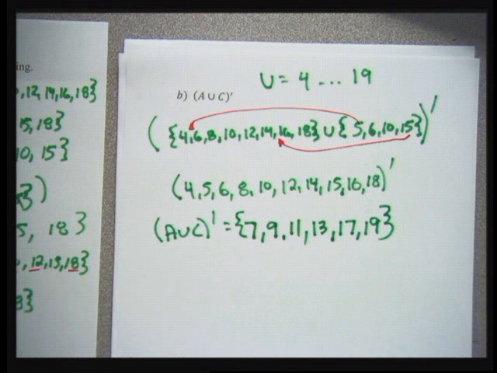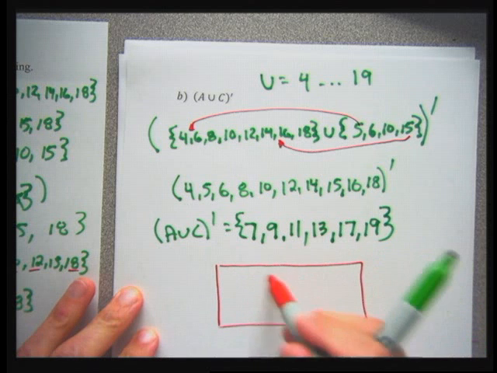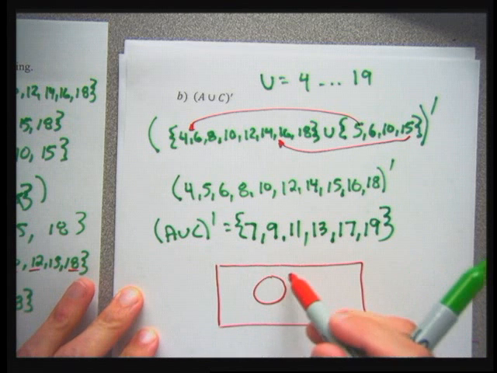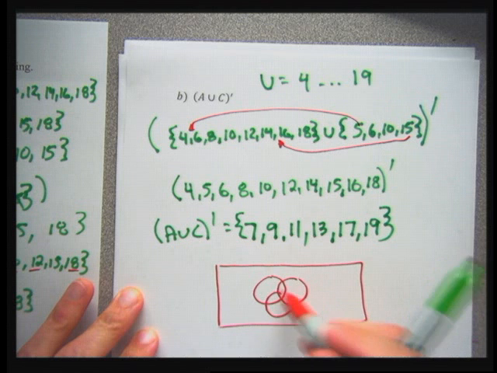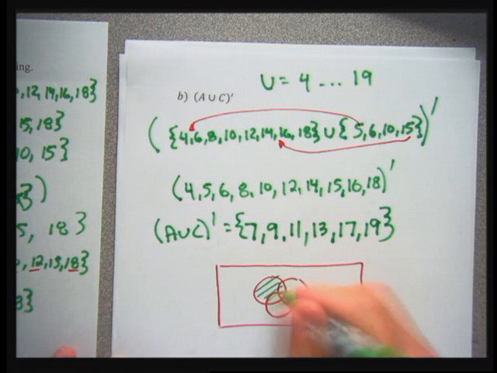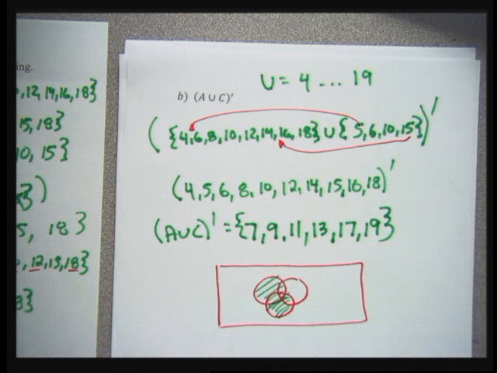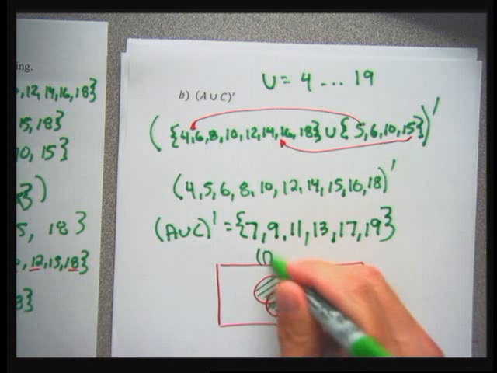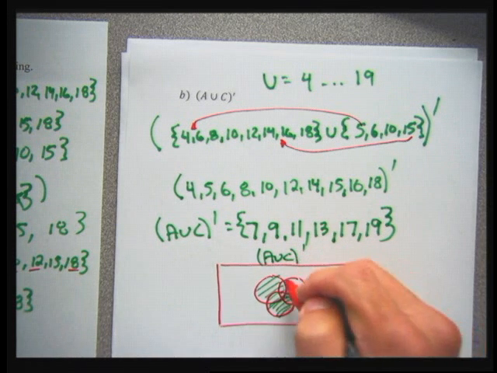This one's not that hard to do pictorially. The picture of this means anything outside of the A and the C, outside the union of A and C. The union of A and C would be the A, this is the A circle, this is the C circle. And I want to do the complement of that. So the complement of the union is everything that's not in that region. So it's going to be